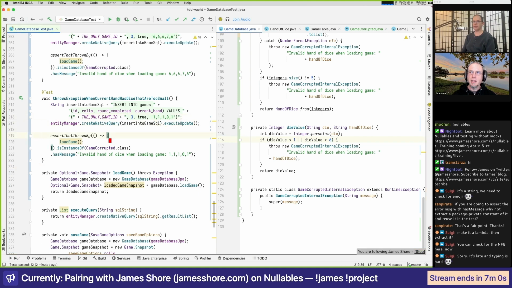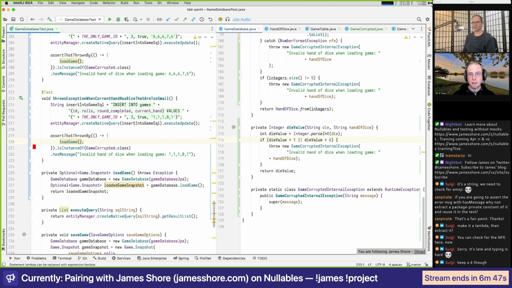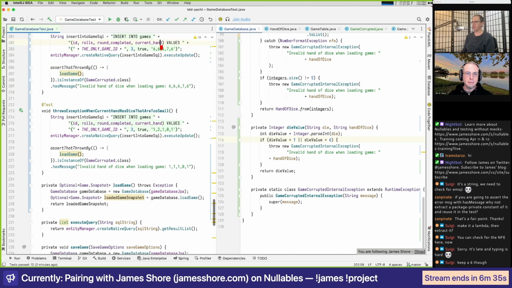Yeah, so this is what I call the 3 sides of the boundary. Here one of the boundaries is 1, so I do 0, 1, and 2. And the other boundary is 6, I would do 5, 6, and 7. I think that's a great point. And Sweetie says keep a 6. We do have a 6 up here, so I think that's good enough. And so I'd probably stick a 5 in there just to be safe.